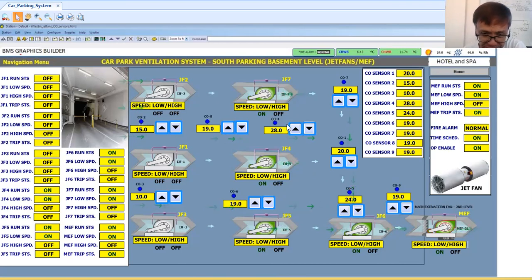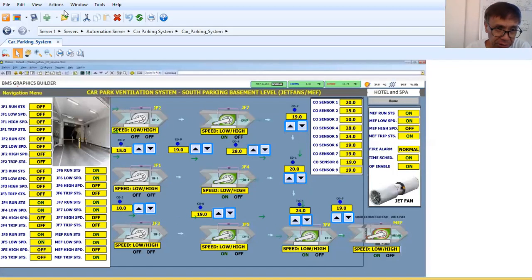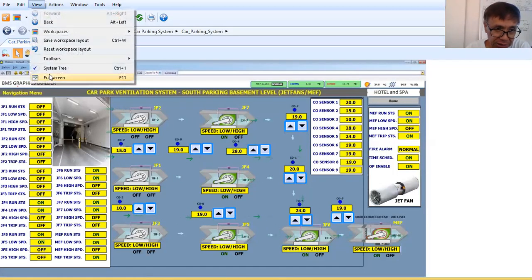This is just a simple simulation. Even though there is some problem in the status, I'm just showing you a sample control logic program. Now let me go back to the system.